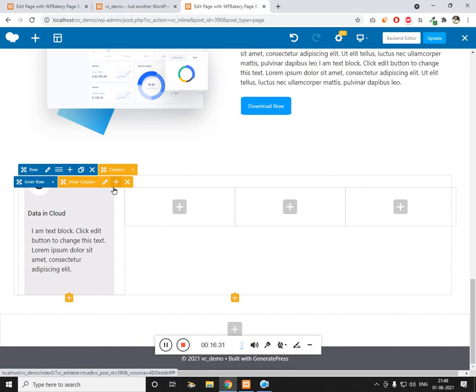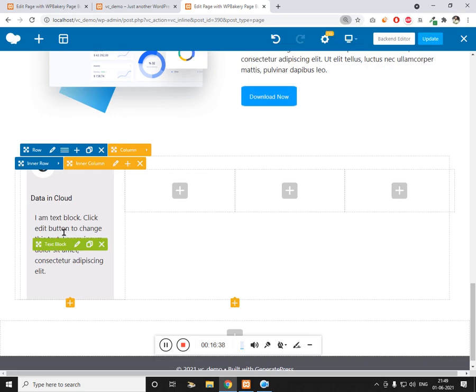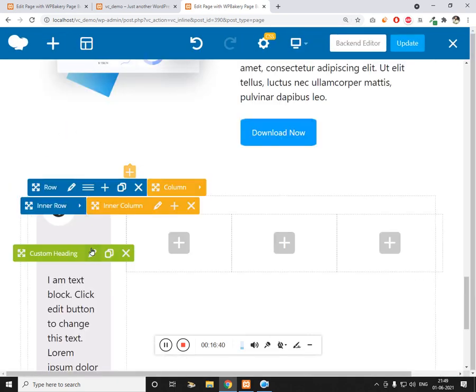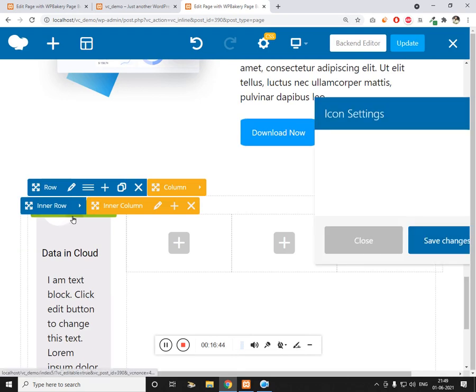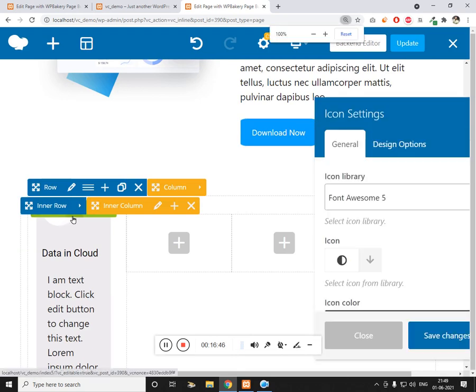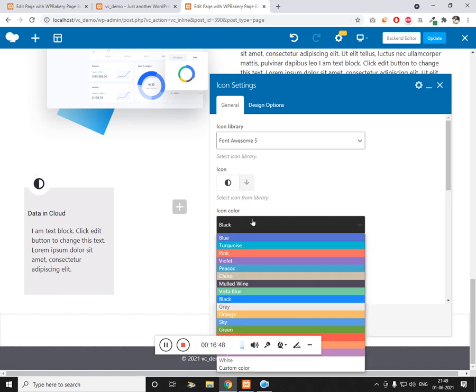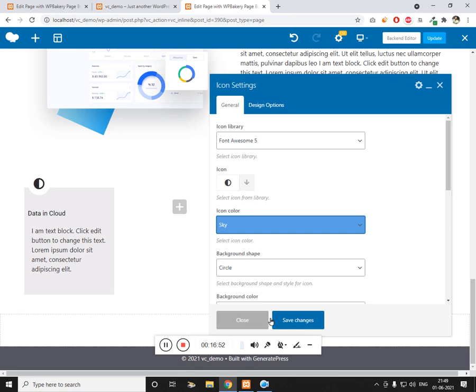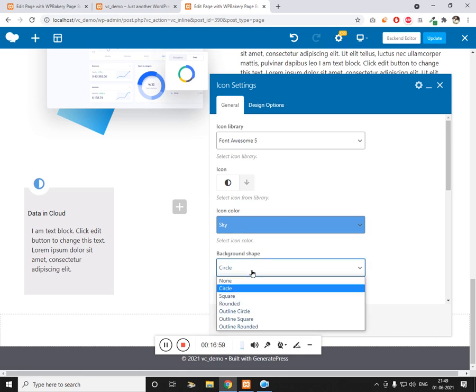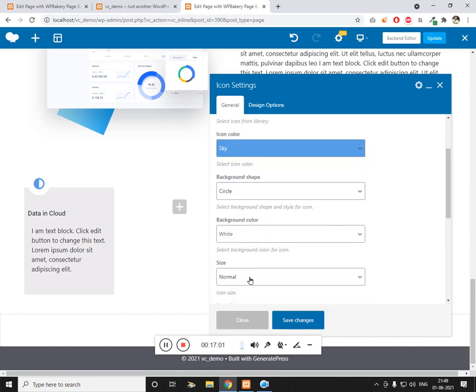Control Z. Let me try to do Control Z. So that is going to be a problem because it is not allowing me to edit. So let me make the color as somewhat close to sky and click on save changes, and cool. So if you want, you can make the circle bigger.